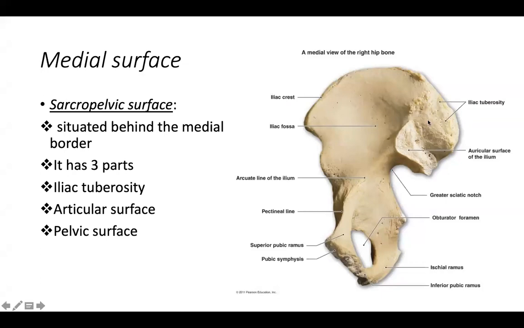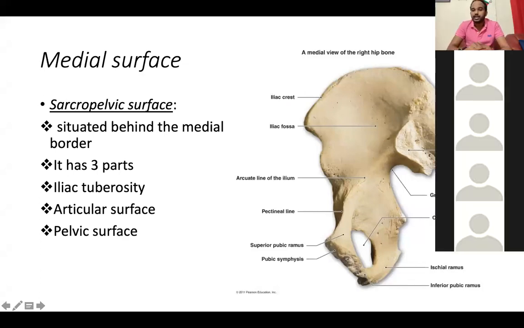So this is all about the medial surface. Is it clear? Yes, sir. This is all about the ilium. We have discussed the ilium, which is the upper fan-shaped part of the hip bone, which has two ends, upper end and lower end. The upper end is also called the iliac crest. The lower end will take part in the formation of the upper part of 2/5 of the acetabulum.